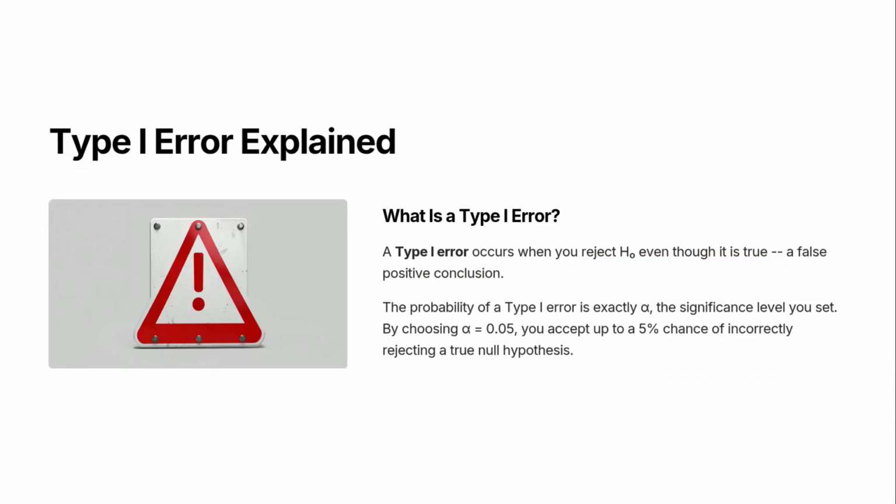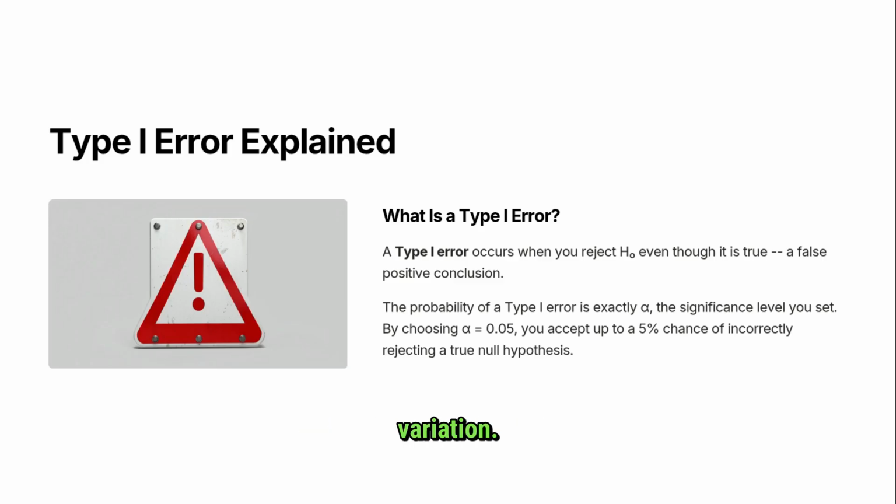A type 1 error occurs when we reject the null hypothesis, H0, even though it is actually true. In simple terms, we conclude that a difference, improvement, or effect exists when, in reality, no real difference exists. This is often referred to as a false positive. For example, a team may conclude that a process improvement has reduced defects when the observed change is actually due